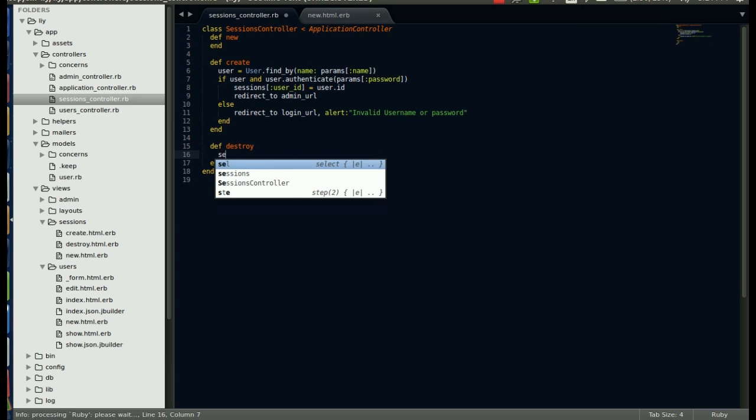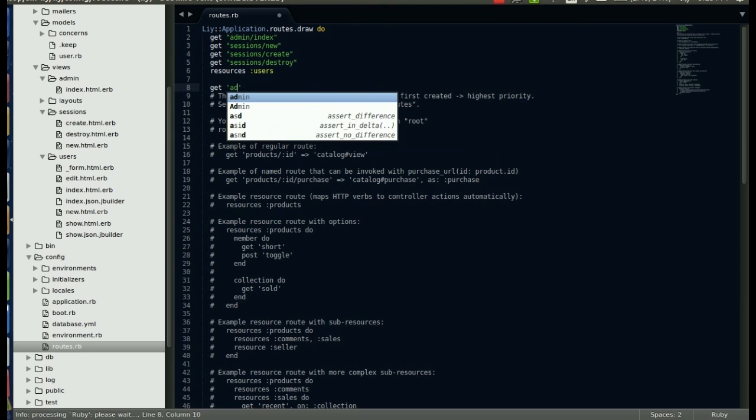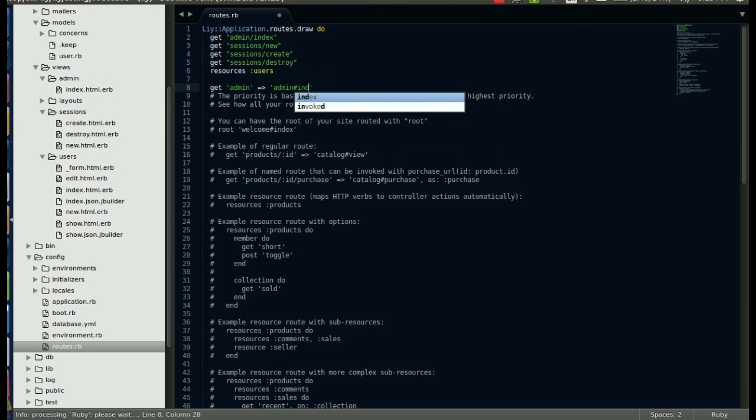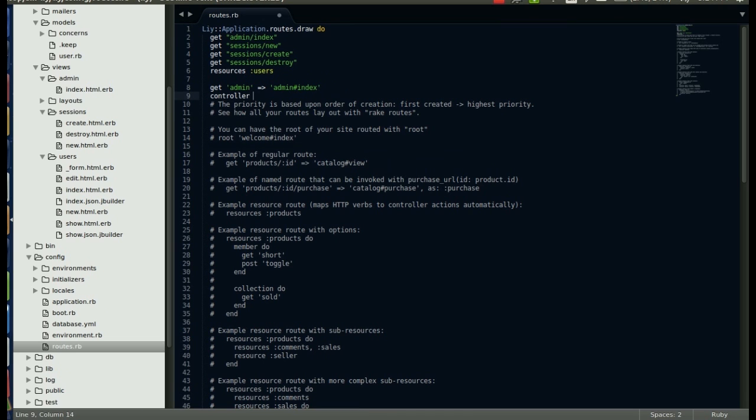We go back to the sessions controller one last time to configure the logout feature by setting the session ID to nil. We also configure our page that we view after sign in, which is the index view. Before we proceed, we will add some routes to the routes file. The routes we add would allow Rails to identify what page to fetch when we use the terms login and logout.